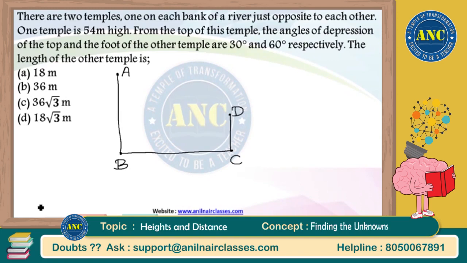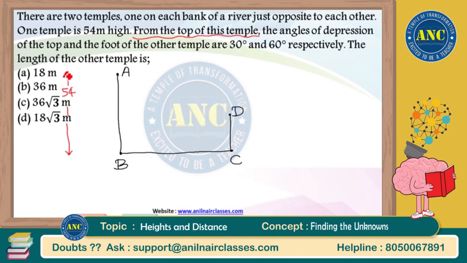One temple is 54 meter high. According to the question, this particular value is given as 54 meter. Find out according to ratio or your assumption, and finally convert according to the question. You know it already. Next, from the top of this temple,